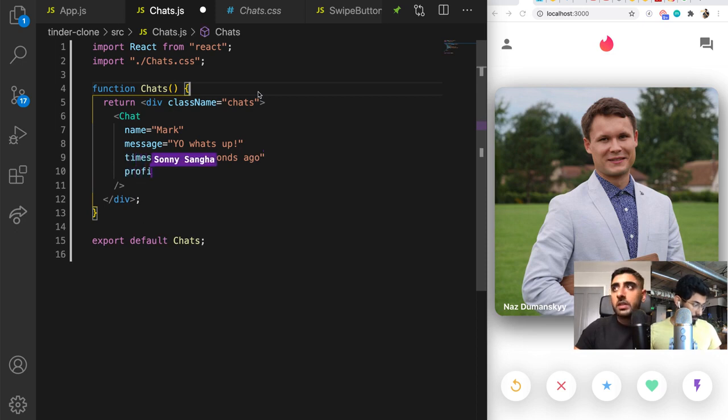The profile picture could be whatever it could be. We could figure out what the profile picture was. It could be a URL. Now, at this point, you would have the name, a message, a timestamp and a profile picture, and then this should just render out the row. So if we go ahead and open up our app,